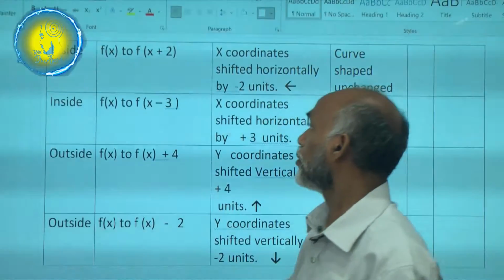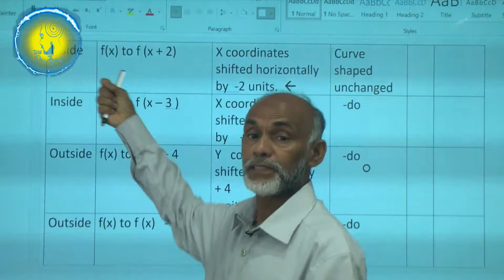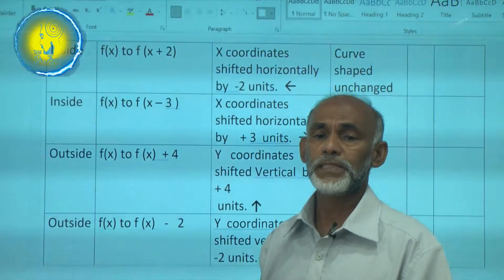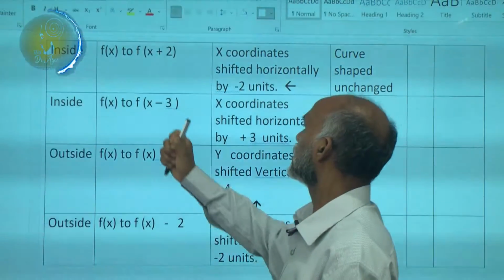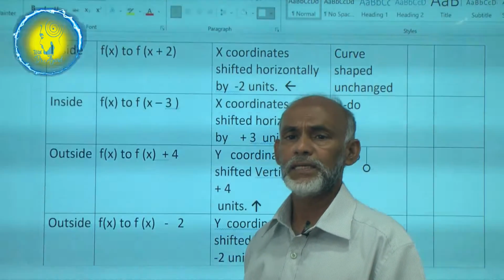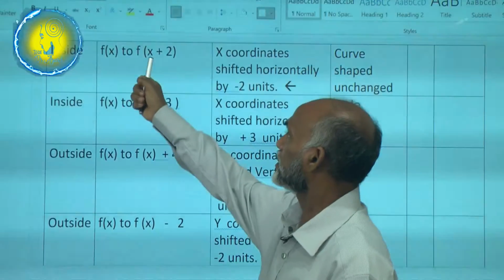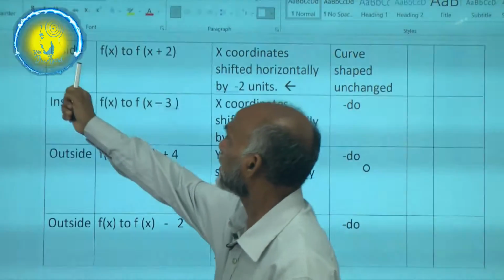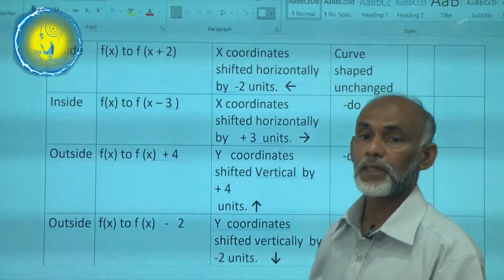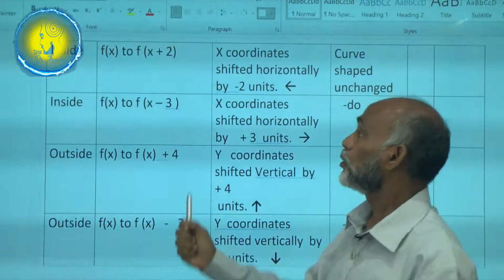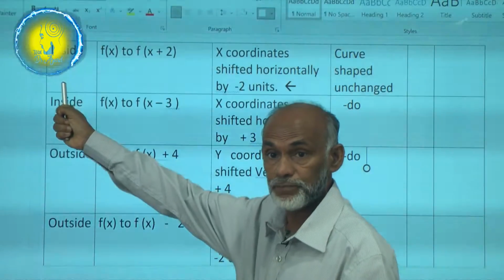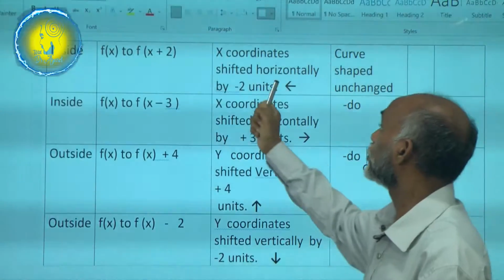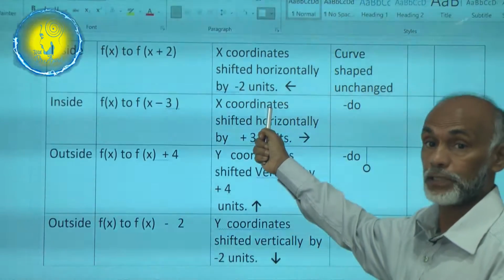is basically depending on your function, whether your function is added or subtracted. This is very important. Don't mess up again. I never talk about multiplication at this instant. Addition and subtraction to the function, you have to identify whether the function is added inside or outside. Suppose your function is added inside, you are shifting by 2 units. Here you are adding 2, therefore you are shifting 2 units along your horizontal axis.